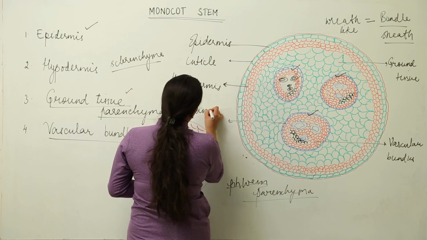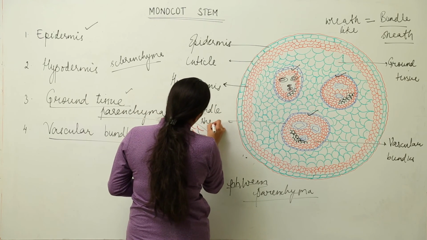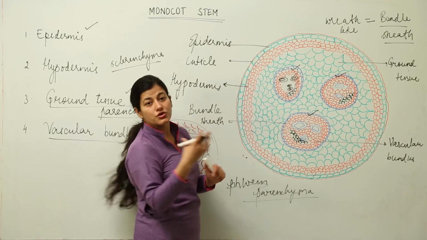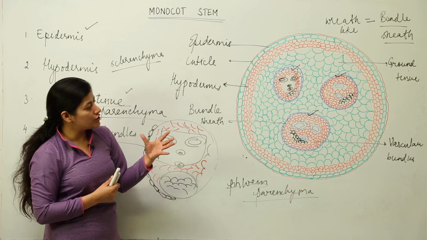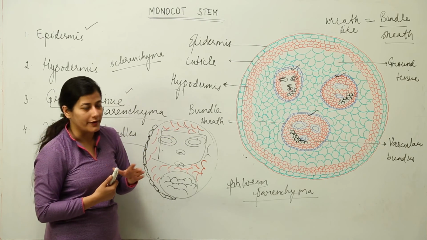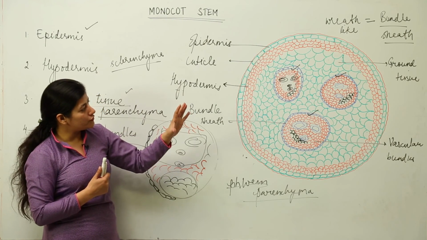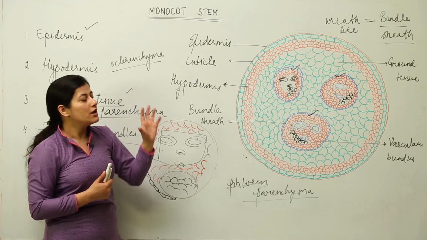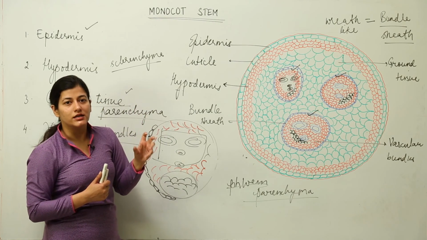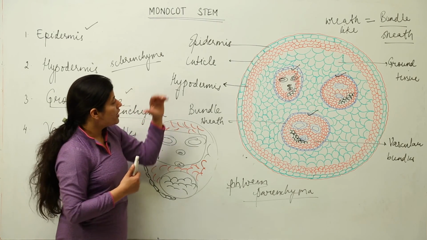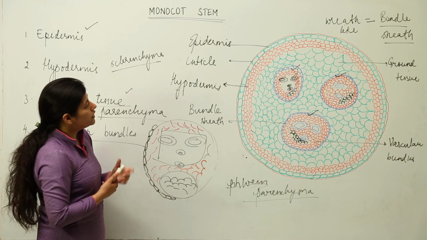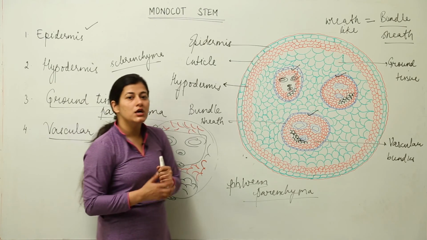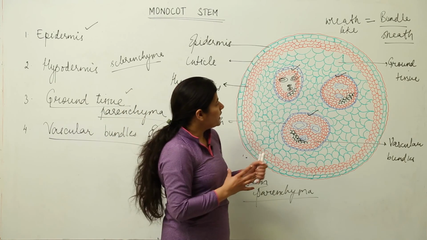In case you are asked to make a diagram, I would suggest you to use pencil colors because it gives a better idea, better representation, and it is easy to remember that way. So from a diagrammatic point of view, whatever diagram you are going to make, while practicing, do use pencil colors for remembering it in a better way. The rest of the parts we have discussed, and this is all you have to remember about a monocot stem. Remember the examples as well.